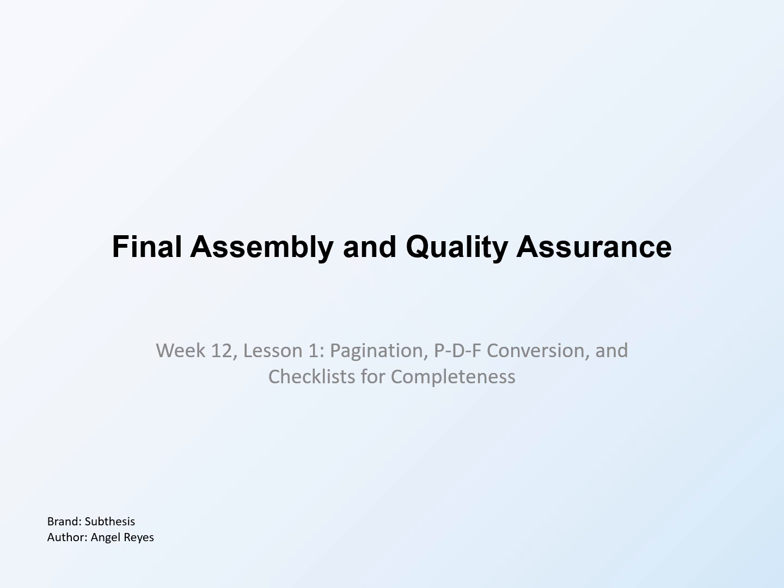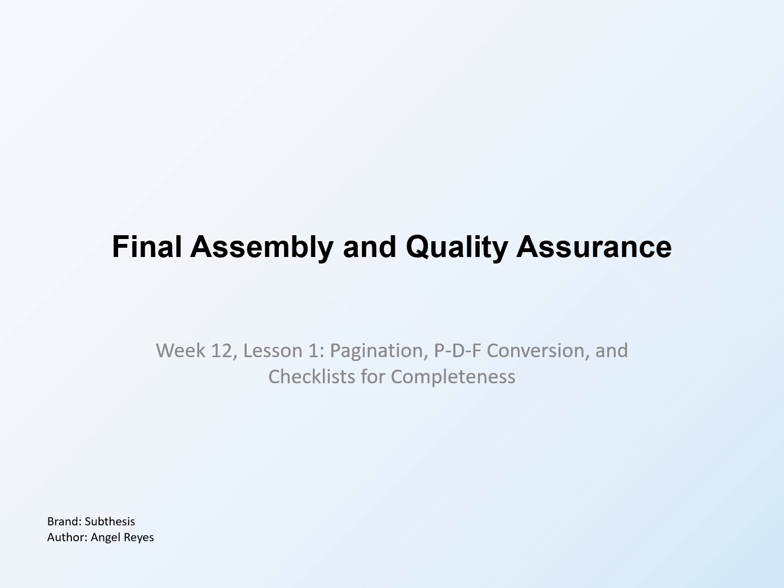Welcome to Week 12 of the Grant Architect course and the beginning of Phase 4 on Execution and Administration. This week focuses on submission, review, and resubmission, with the guiding theme of crossing the finish line and handling the result. This first lesson addresses final assembly and quality assurance, covering pagination, PDF conversion issues, file naming conventions, and checklists